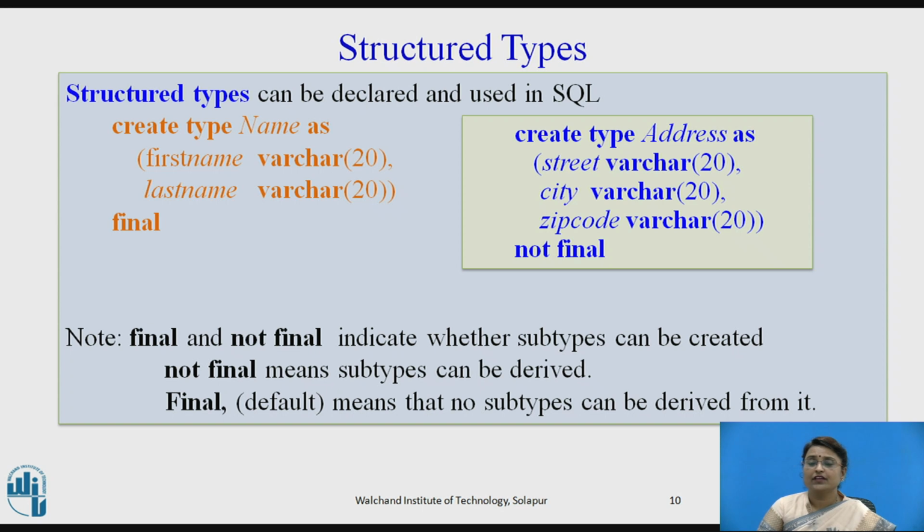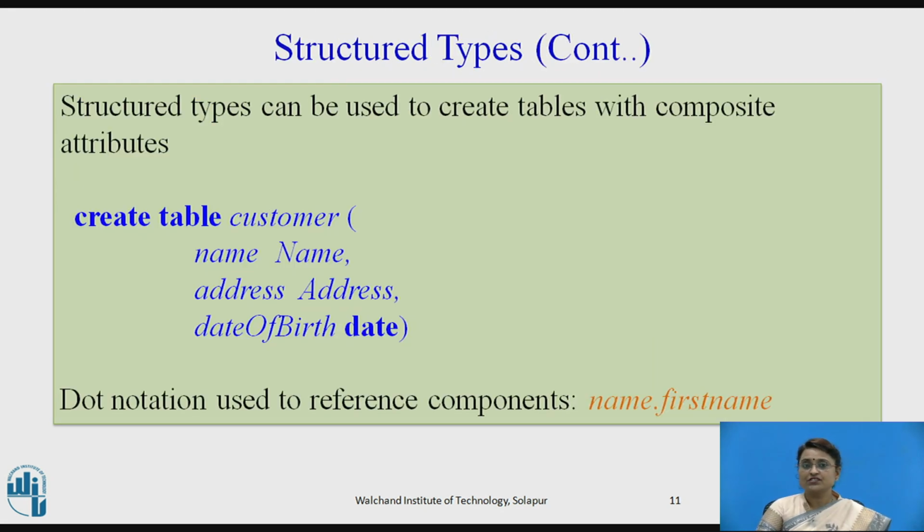Here, we are only defining a structure, we are not defining any attribute using this. Let us see how to do this. Now see what we have done here. The structure types we have, like name and address, we use to define, or rather we are using them for creating a table.